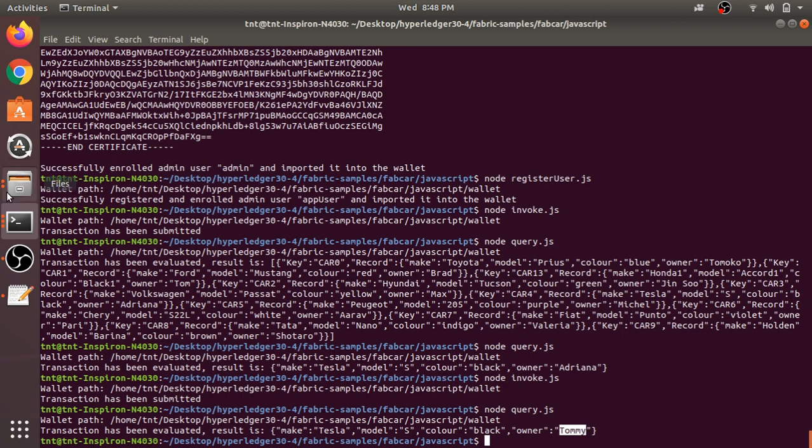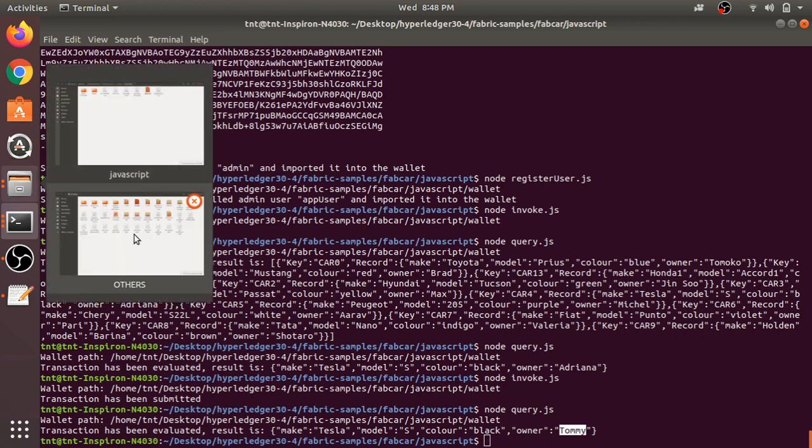So this way, if you want to create any new function, you first have to add it into the chaincode, and you have to rerun your Fabric. Before that, you have to shut down your Fabric using ./network down, which is already given in your fabcar folder. You can add any number of functions like the functions in the chaincode, and you can invoke them from invoke.js, or if you just need to retrieve a value, you can retrieve it from query.js.